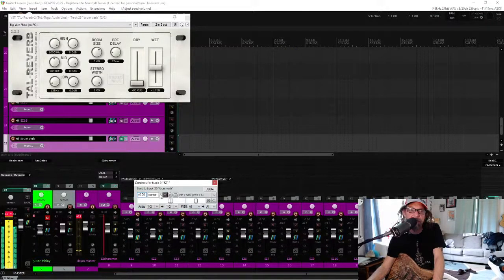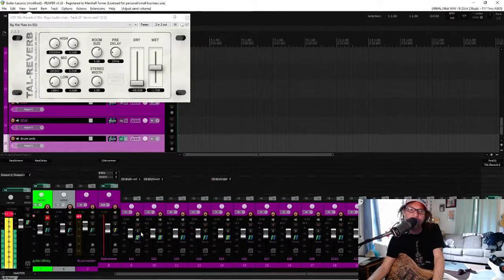We've got the kick drum going to it. Well, probably not a lot of kick drum. We don't really want a lot of reverb on that kick drum, but a little bit is nice. And if we solo it,